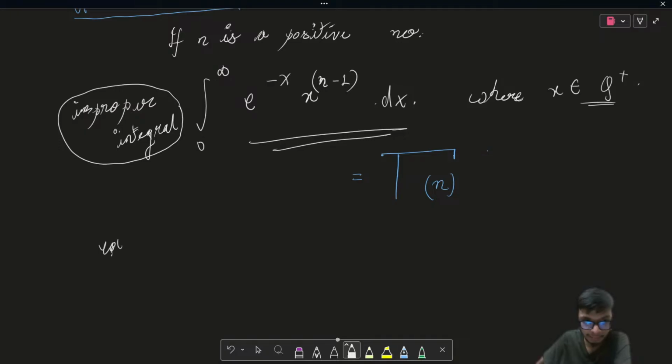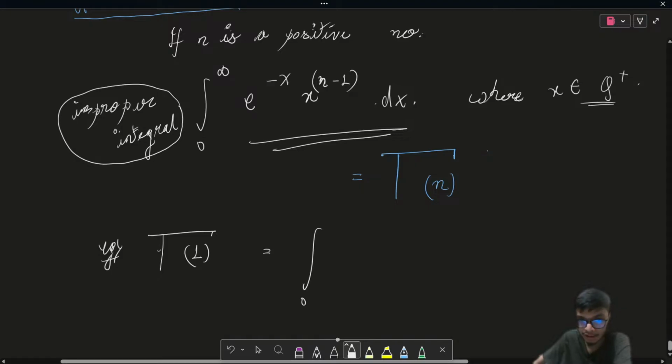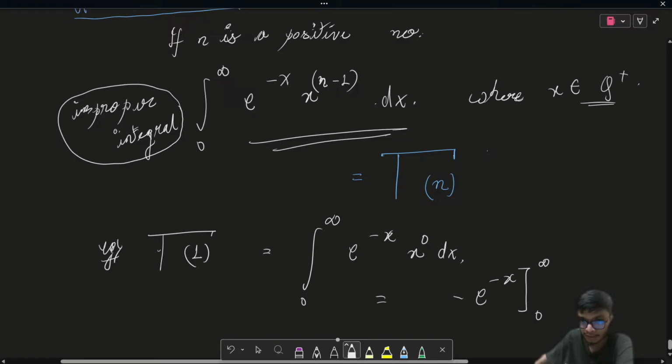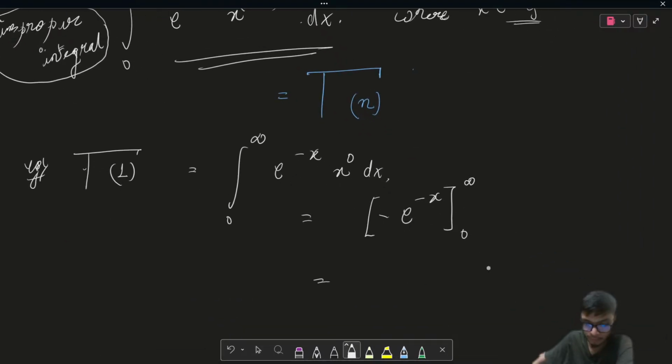If I take a simple example, let us say I ask you to find the value of gamma of 1. It is the integral from 0 to infinity of e to the power minus x times x to the power 0 dx, which is just e to the power minus x. It is very simple to integrate: it is minus e to the power minus x going from 0 to infinity. Now if I put in the values, the value is going to be equal to,